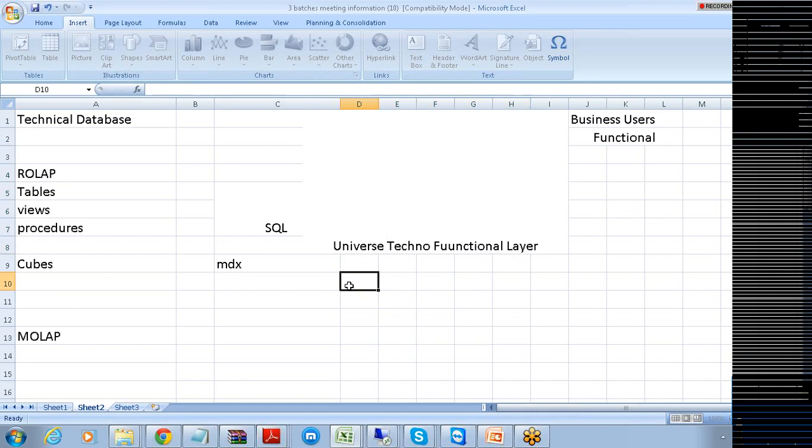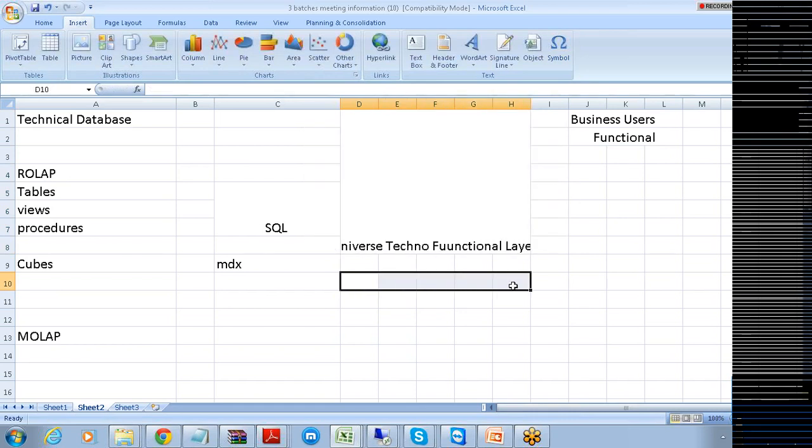There is one type of reporting called self-service reporting. Can anybody tell me the purpose of self-service reporting? What do you mean by self-service reporting? I don't know really. Self-service reporting means, suppose when you go to a hotel and do self-servicing, there won't be any waiters over there.